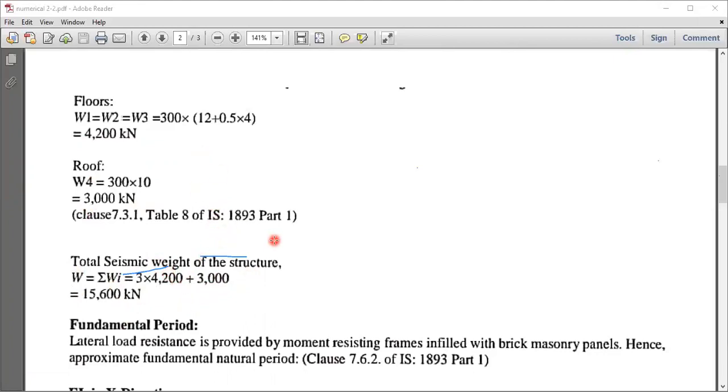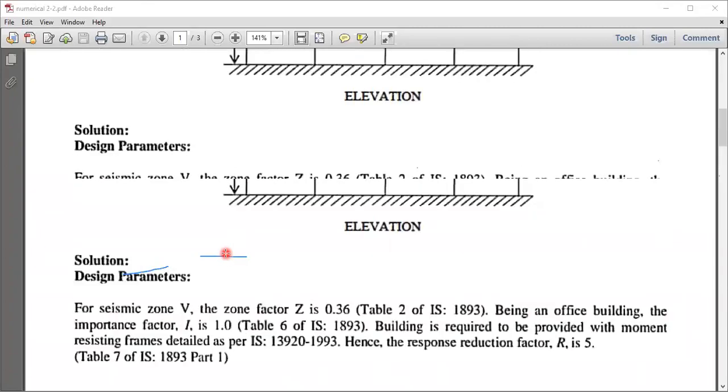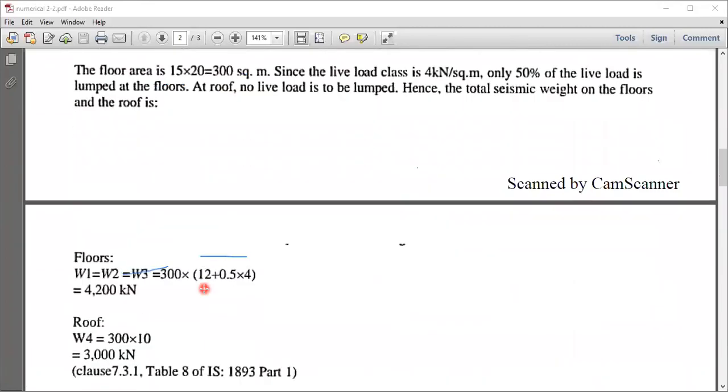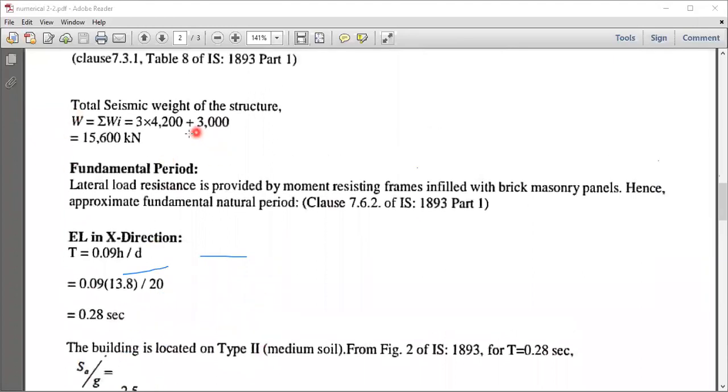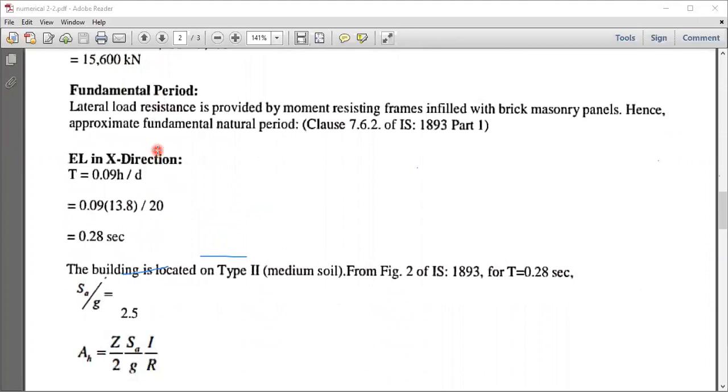Now in the previous example that we have taken, we had directly got these values of the weights at each floor and at the roof. But if you get a case wherein they are asking you to calculate, this is the methodology by which you have to proceed. So the total weight now is going to be, there are 3 floors and 1 roof. I add them up, so I get the total W, summation W. Then the lateral load resisting system is provided by moment resisting frames infilled with brick masonry. Hence, the T value is